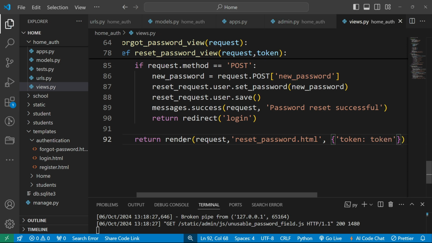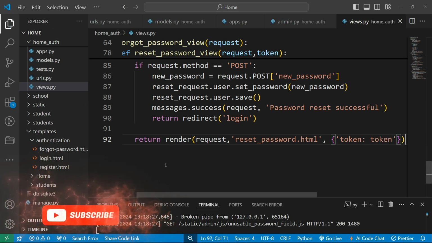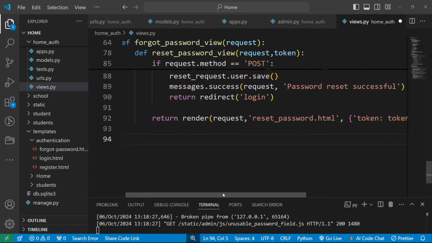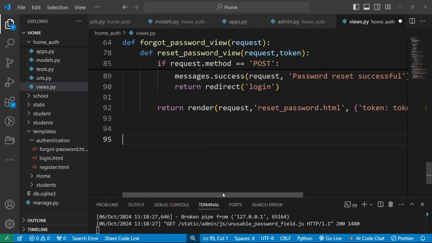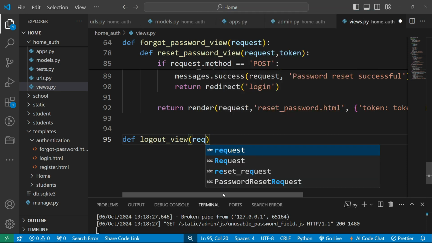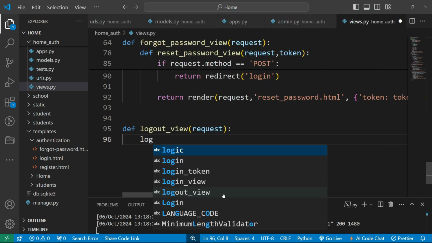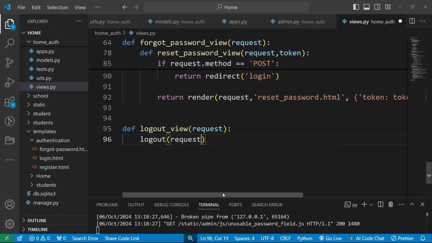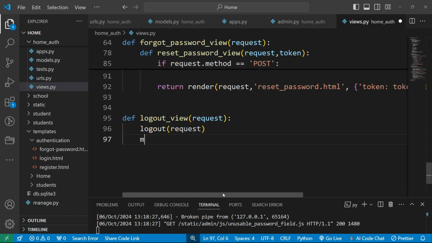Let's save it, and finally we are done with reset password also, and let's define lastly the logout section. So let's define the logout function here. Def logout, write the command view and request. After that, logout request, and print a message